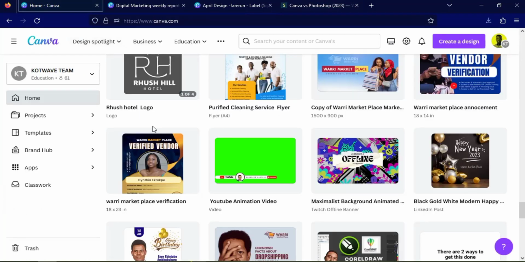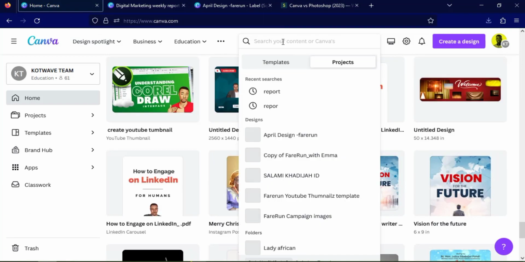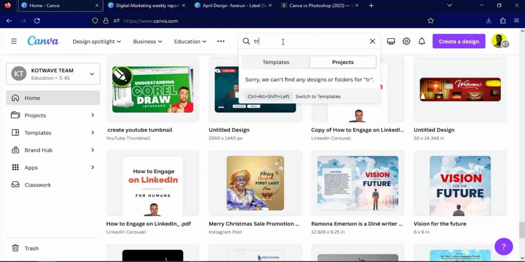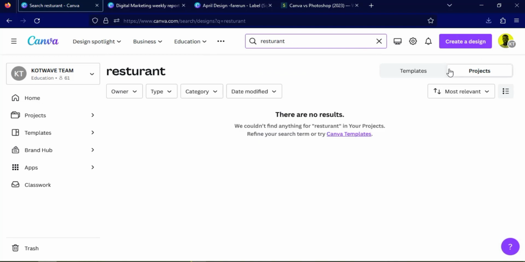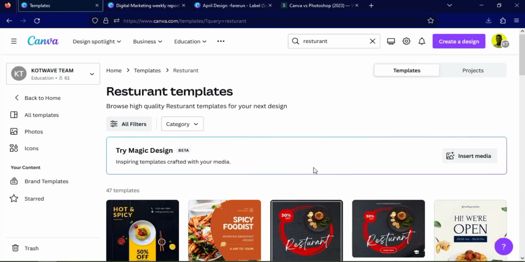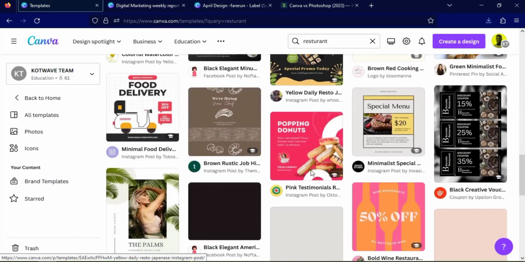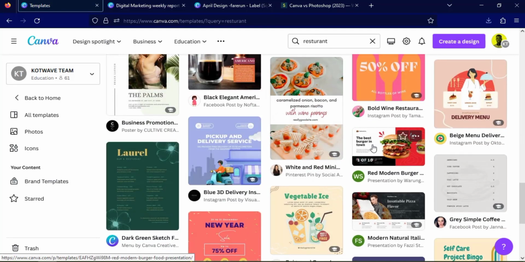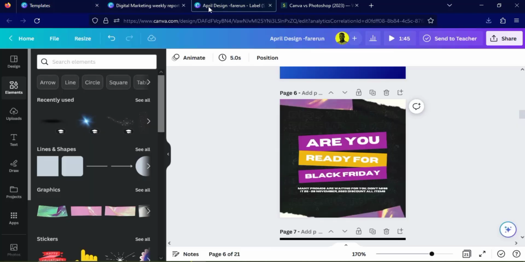Let's go to practical, right? So what I mean is Canva is a design tool. Let's say you're looking for a restaurant design. You just go over here, type restaurant, and boom, you get a lot of designs here that you probably love, and you might just want to edit and proceed with any of them. Okay, so for example, you click any of the designs now,